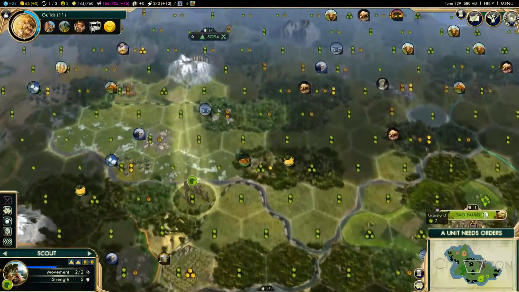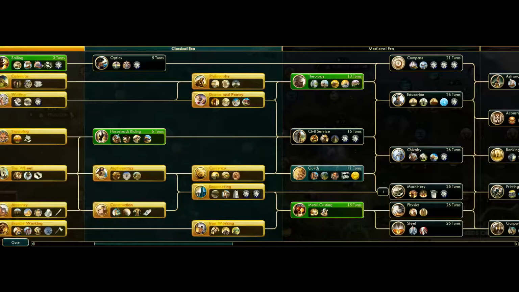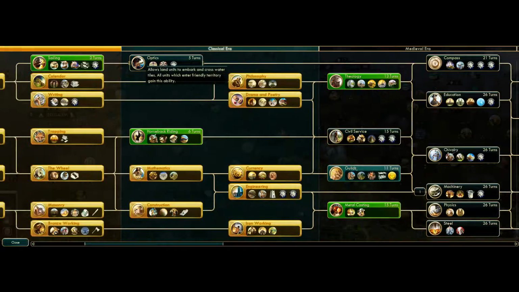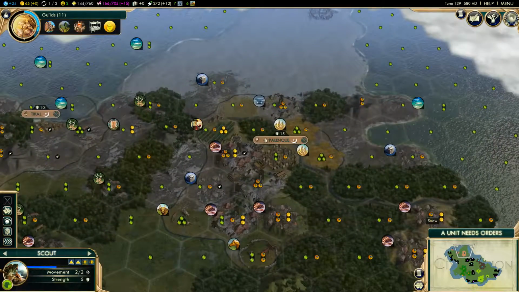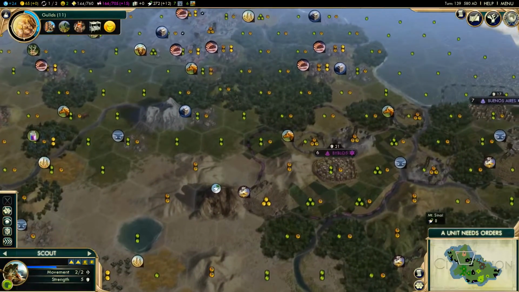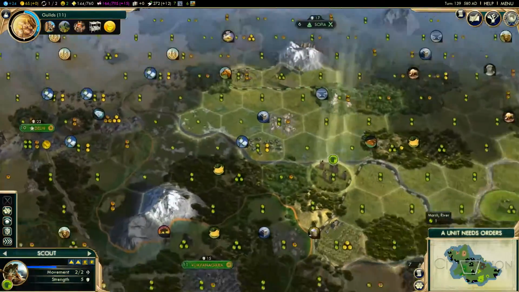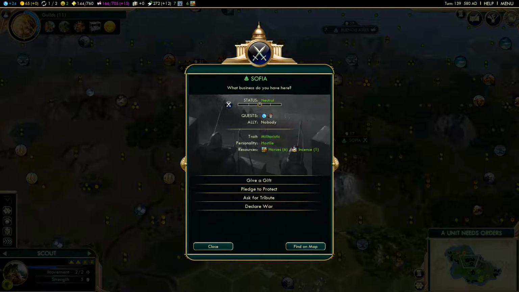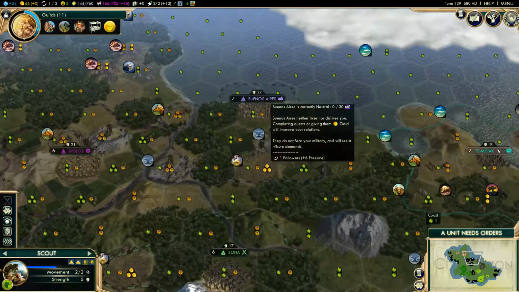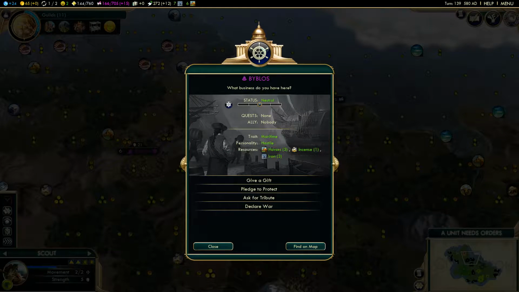And our scout is... How long is it going to be before I get to optics? Probably a while. But can I sneak around the Mayan borders? I don't think so. Maybe I can. Sophia... Yeah, Sophia's not gonna like me. Buenos Aires... They won't... Yeah, no. No quest, but...